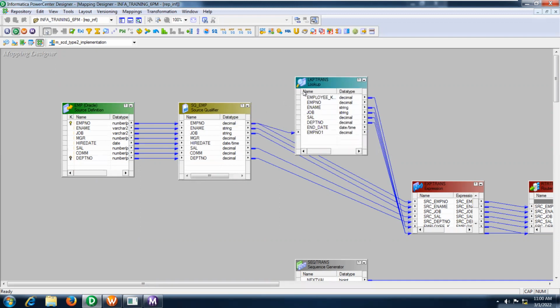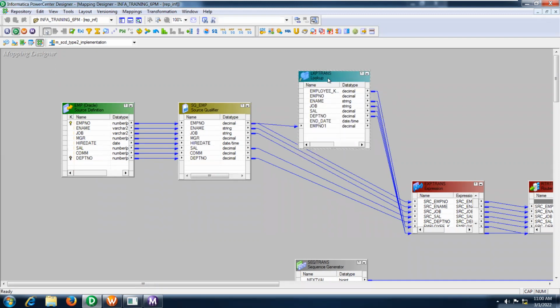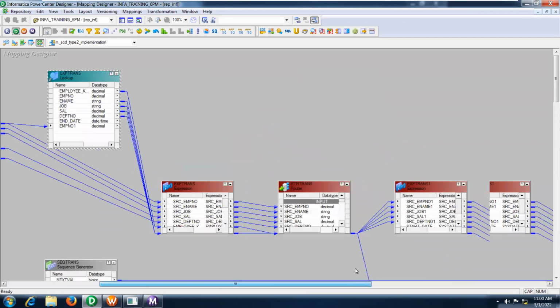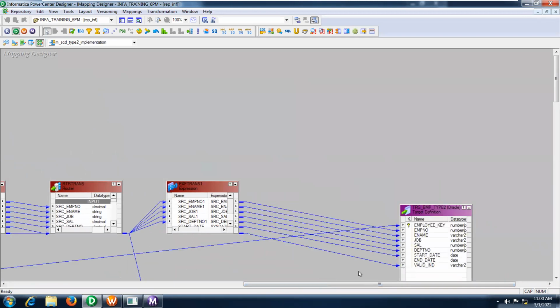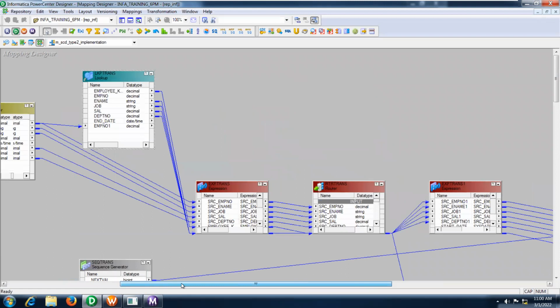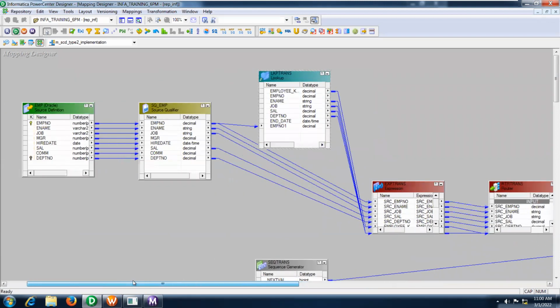Now, what you can do is take a lookup transformation on the target table. What is your target table here? This is your target table. Lookup is always on the target table. Take the lookup transformation on the target table, and compare EMP number equal to EMP number, whether the target table EMP number and the EMP number coming from the active source are matching or not.